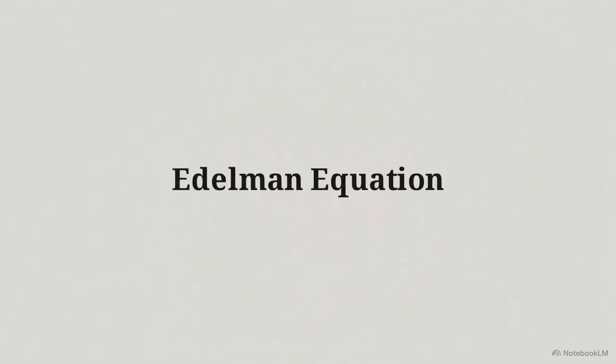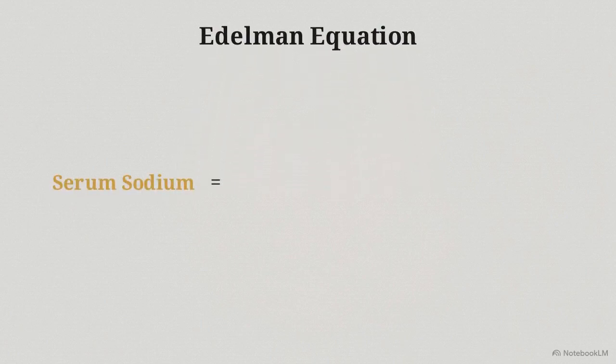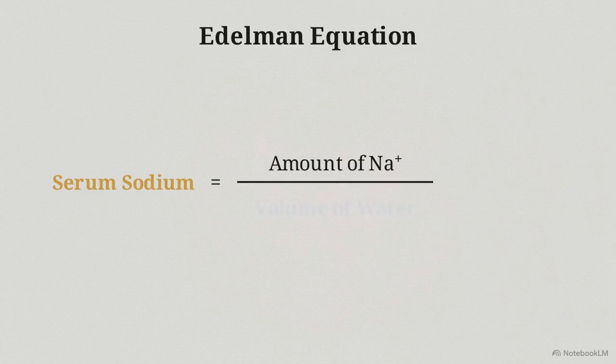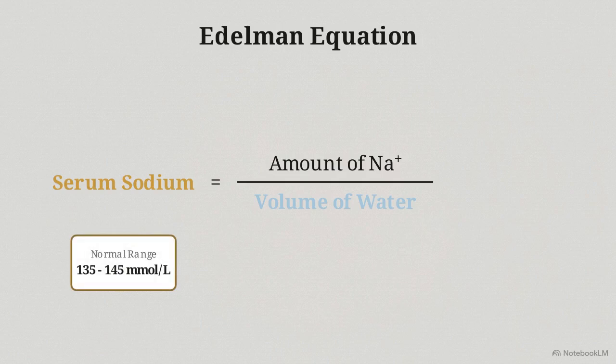We can calculate this delicate balance using a specific formula known as the Edelman equation. It states that your serum sodium concentration equals the total amount of sodium divided by the volume of water. For a healthy adult, this final value needs to stay in a tight, safe zone, between 135 and 145 millimoles per liter. To keep that number stable, your body has to manage the bottom half of the fraction, the volume